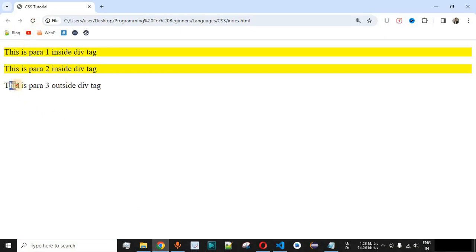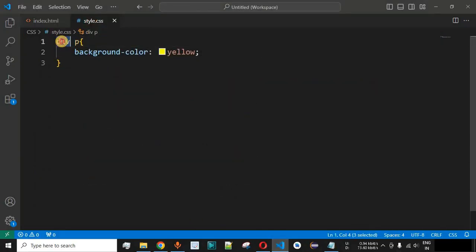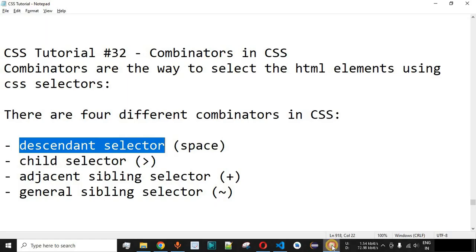So now if you see, this is the paragraph 3 outside div tag is getting displayed, but it is not having the background color as yellow. That's because it is not present inside one of the div tags over here. So if you notice, we have provided the CSS property to only those paragraph tags which are present inside the div tag over here, and this is how the descendant selector will work as far as the CSS property implementation is concerned.